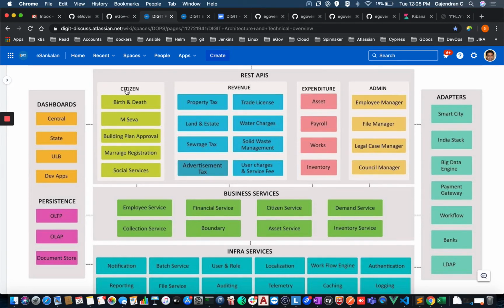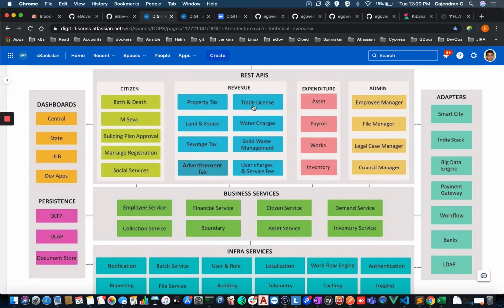For example, a citizen needs to apply for a birth and death certificate, and there is a general mSeva portal that gives public grievance redressal, building plan approval, marriage registration, and many more. From a revenue perspective, there are property tax and trade license, for the various trades to apply for and get a license,